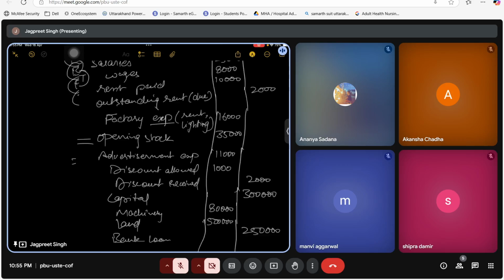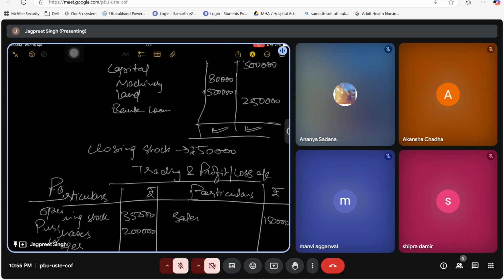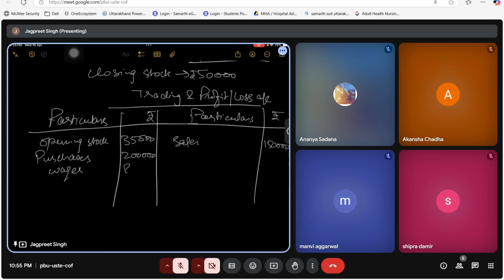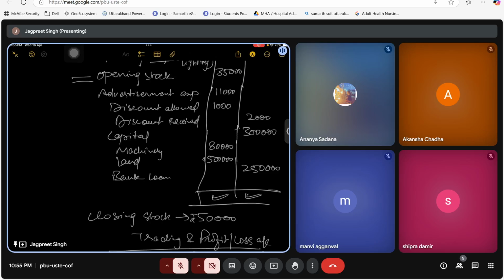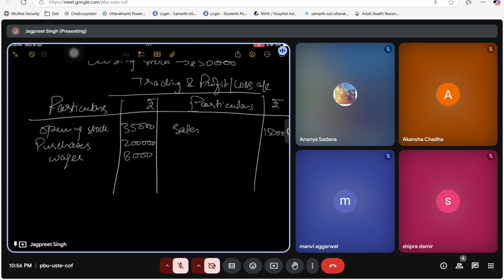तो ट्रेडिंग बना रहे हैं हम लोग, यहाँ लिखेंगे वेजेस। वेजेस का अमाउंट कितना था, 8,000 रुपीज। ऐसे ही रेंट पेड, ये है प्रॉफिट एंड लॉस। अगर रेंट लिखा है तो रेंट ये सिर्फ होगा हमारे ऑफिस का, तो वो प्रॉफिट एंड लॉस अकाउंट में ही जाएगा। जब तक फैक्ट्री मेंशन नहीं है हम लोग उसको फैक्ट्री कंसीडर नहीं करेंगे। आउटस्टैंडिंग रेंट ये लायबिलिटी है, बैलेंस शीट में जाएगी। फैक्ट्री एक्सपेंस ये है ट्रेडिंग के, तो फैक्ट्री एक्सपेंस डाल देते 16,000 रुपीज के। अदर फैक्ट्री एक्सपेंसेस।